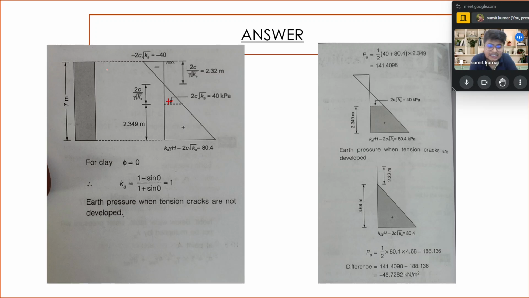When the tension crack gets developed, the overall height is going to be 4.68 meter. And how we calculated height, we know. You see the diagram on the left hand side. Over there the 2c by gamma root K, that is 2.32, is calculated. If the tension crack gets developed, that gets eliminated. As you see over here, the picture on the right hand side, let's see,